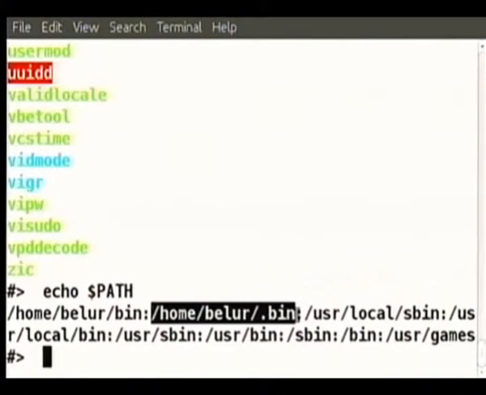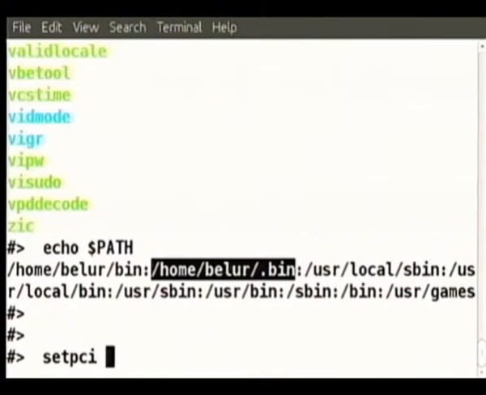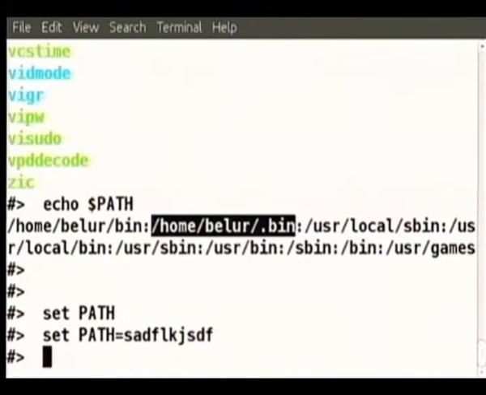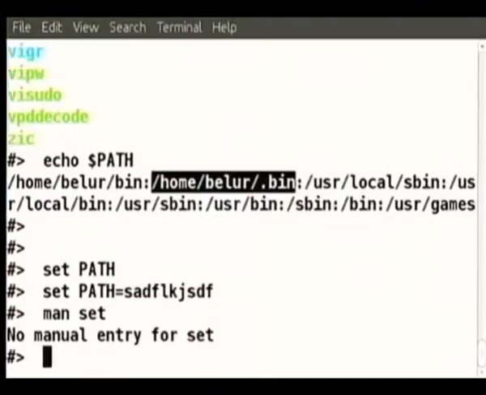Somebody said, then how do you set the path? So I think there is a set path command. Set path, is it? Like this? Yeah. So set path equal to something, in brackets. I have not used this set, but Mayank, who is sitting here, has helped me with this information that you can set the path equal to something, and there is some square bracket also required, which I have not typed. But man set, there is no manual entry, unfortunately.